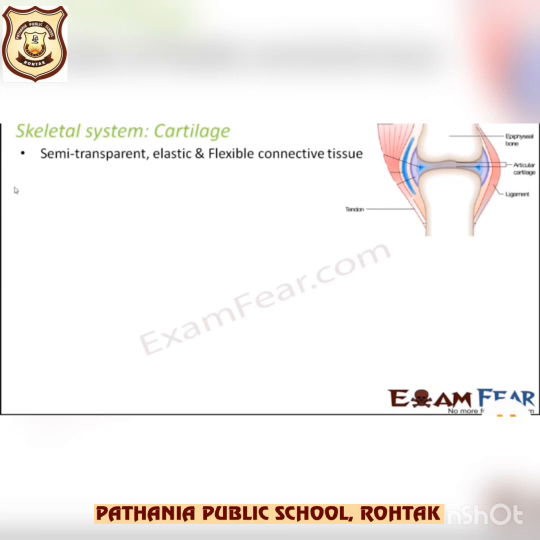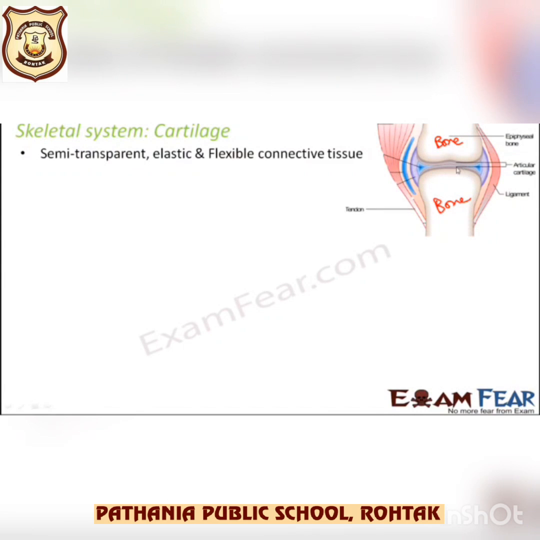Okay, now let us discuss the next important part of our skeletal system, that is cartilage. We know that most of the skeleton consists of hard bones, right? However, at some places in the skeleton there is a material which is not as hard as bone and which can be bent, and it is called cartilage. So we can now say that though most of the skeleton is made of bones, it has cartilage too.